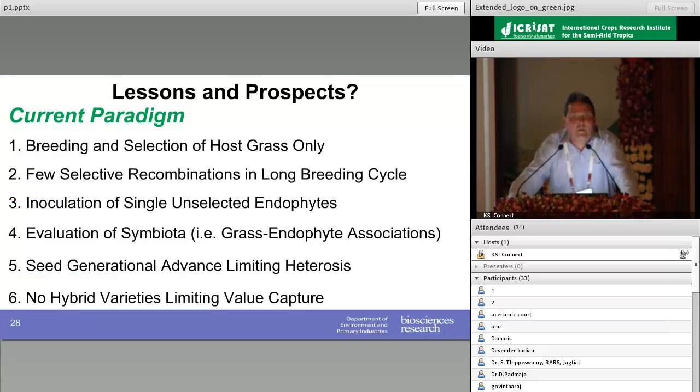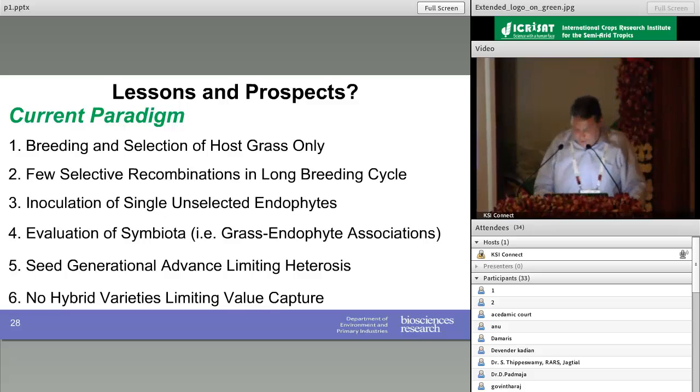So we consider, even from a genetics and genomics perspective, the plant only, being agnostic to other plant-associated biota. We look at few selective recombinations in a very long breeding cycle. We inoculate a single unselected endophyte. We evaluate the associations, but we never breed for the associations ab initio. We do seed generation in advance that limits heterosis, and we don't have in the marketplace today hybrid varieties, and